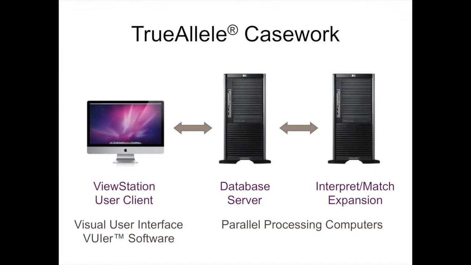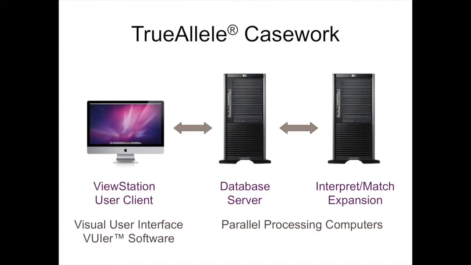As you can see on the left, we have our user client view station where an analyst can input their STR data, ask mixture questions about the data, and upload these questions to the database server, as you can see in the middle. This database server is a tower processor that can have anywhere from 10 to 12 processors all running in parallel to solve mixture problems. The benefit of having this parallel processing is that an analyst can upload multiple mixture questions at one time, and the computer can simultaneously solve them, therefore reducing the analyst's time of actually sitting at the computer and doing the